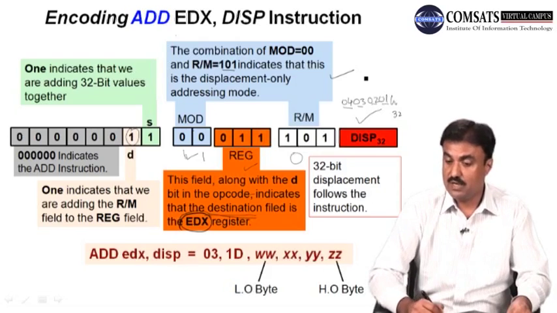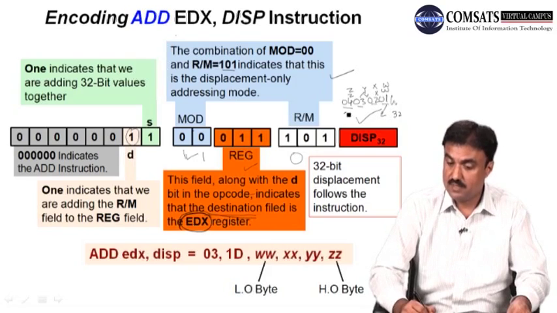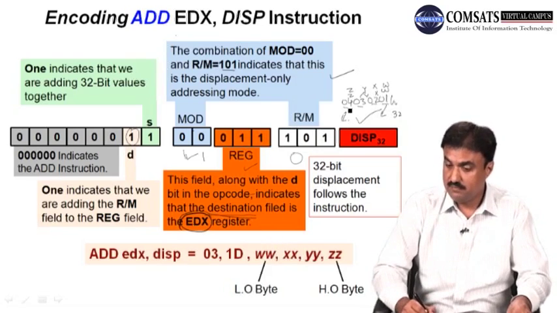Assume that we are using this one as W, or XX, YY, sorry, YY should be here, and ZZ, for example. So these are the lower order bytes. This is the lower order byte, and this one is the higher order byte. So in this case, the higher order byte should be here, then lower, and this is